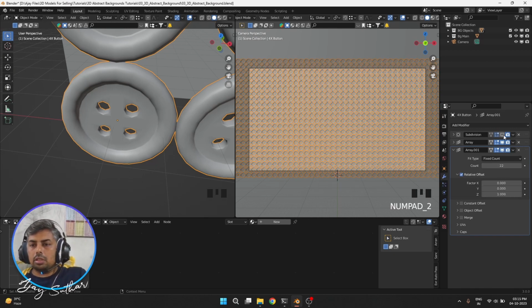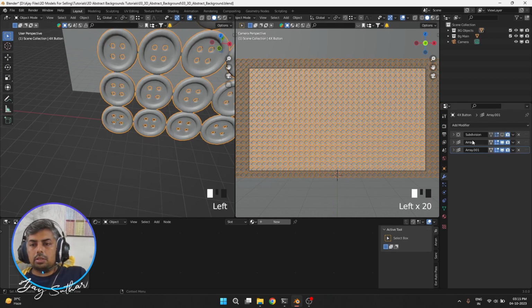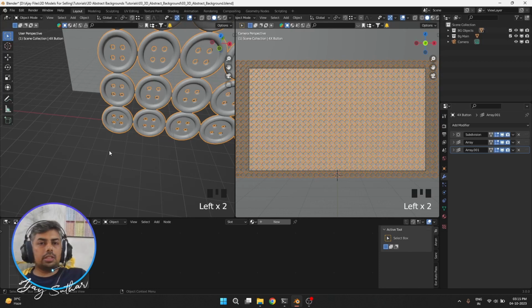And next one. Okay, so this is enough, so it's correct. So I can switch on the subdivision surface. This is perfect. So this would be my second background, and I need one more copy of these buttons, but